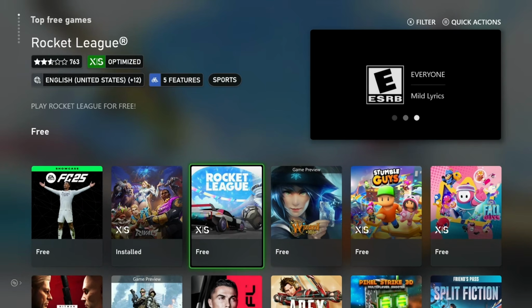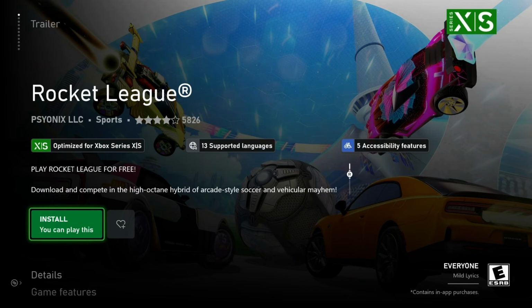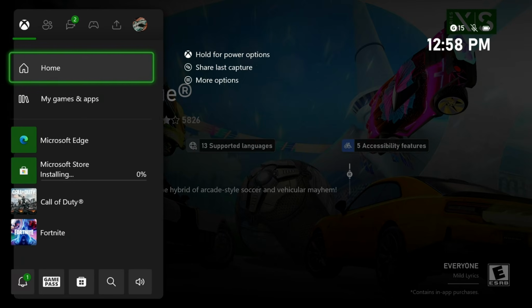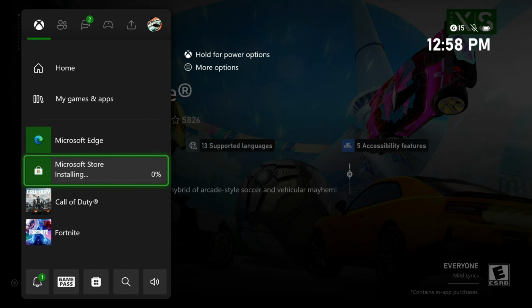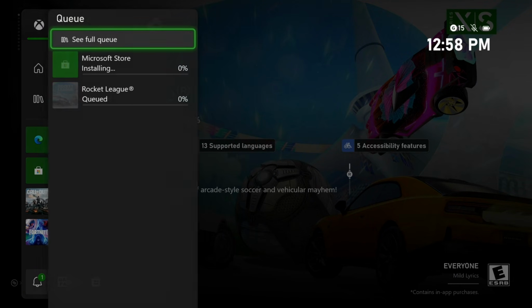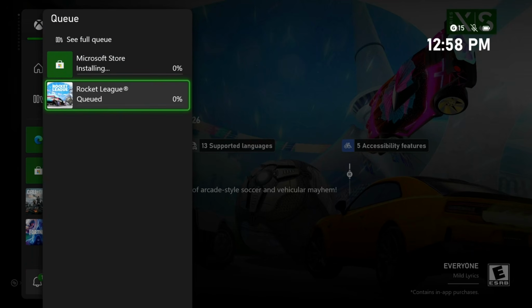In this example, I'm just going to select Rocket League, and then you want to select Install. Now, when you select Install, if you press the X button on your controller, you'll see that it's going to begin automatically installing. So it looks like I have an update before it's going to begin, but if you want